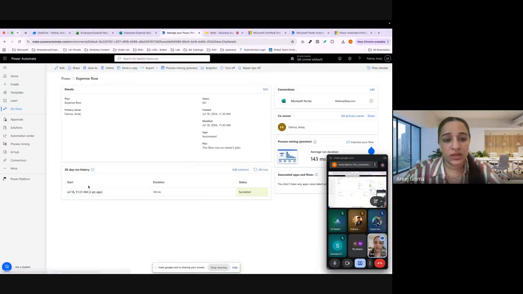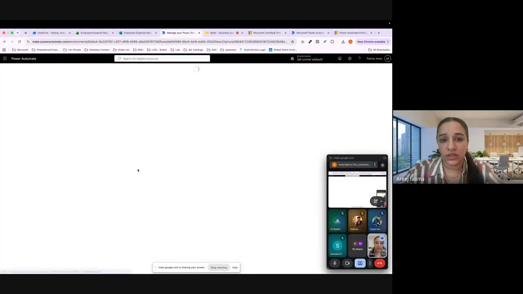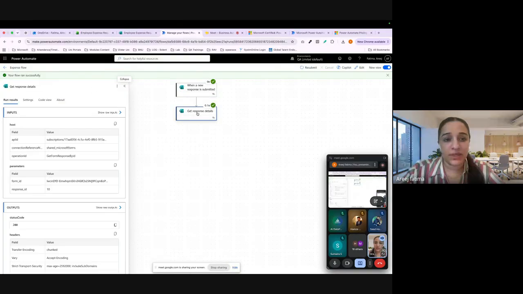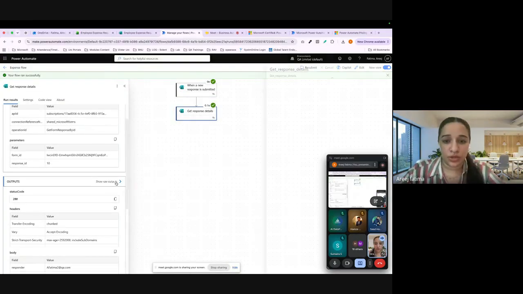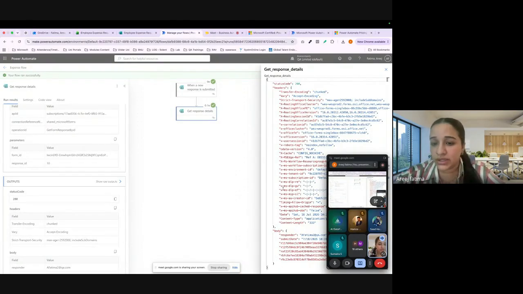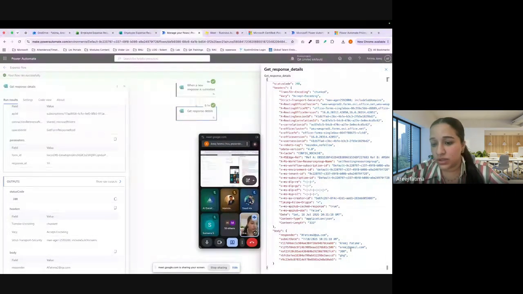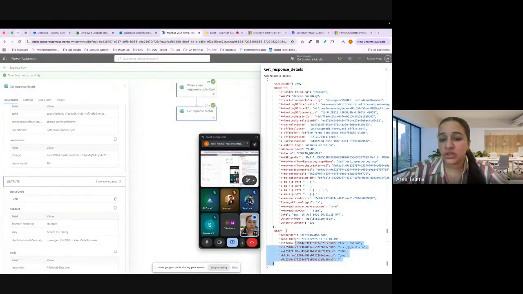Okay, now you can see the complete flow history. I'm going to click on this. Okay, the first one is done. For the second one, I need to check the output. So for the output, you can see I have details, like if I go down. Okay, here you can see this is the complete details. It means they are going to get the information from that specific form. So this one is just a test to see if that activity is working for me. So it means I have the complete details from the specific form.